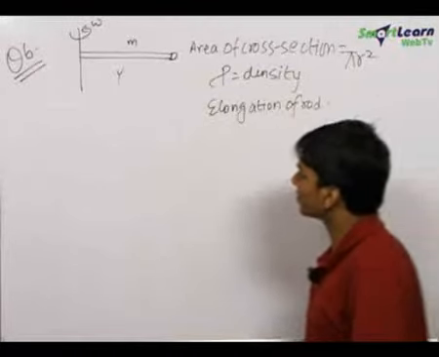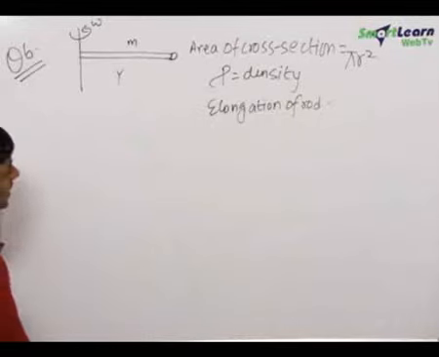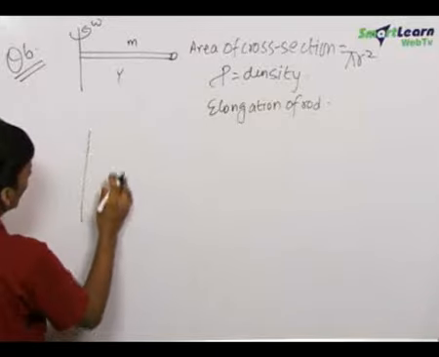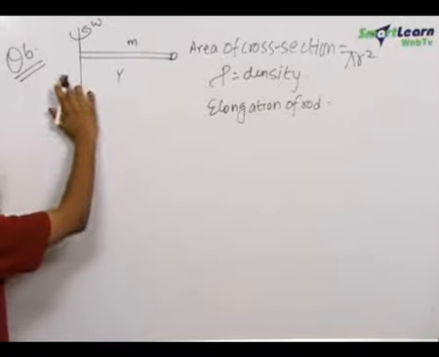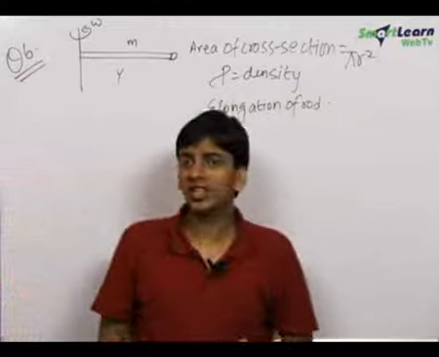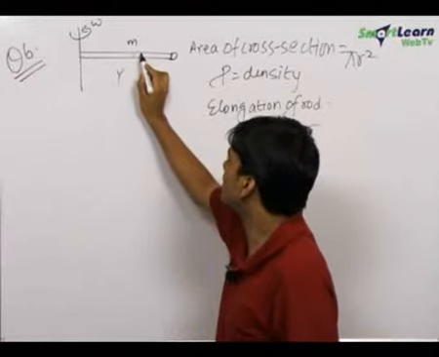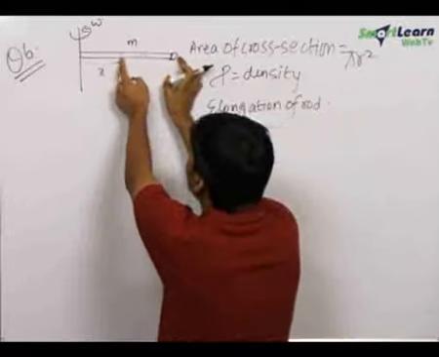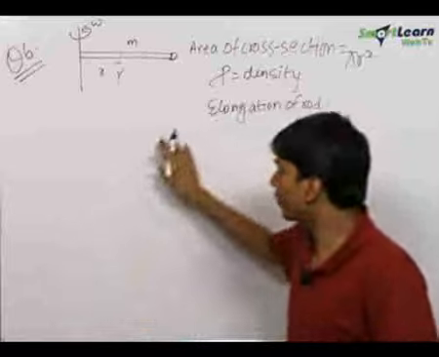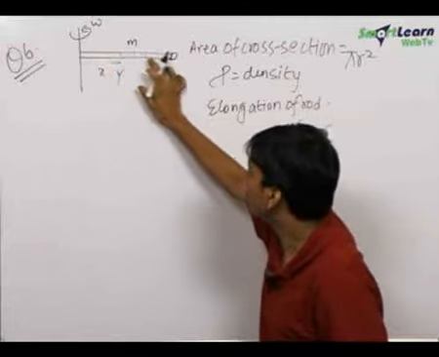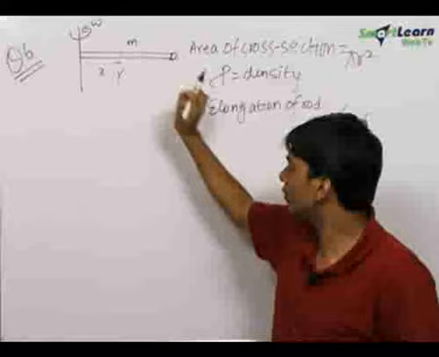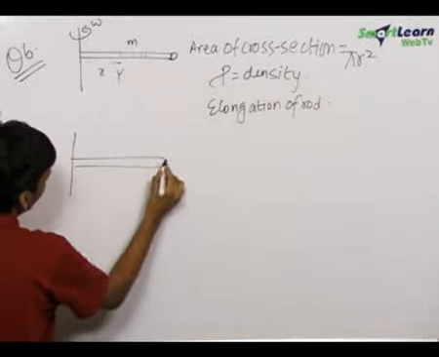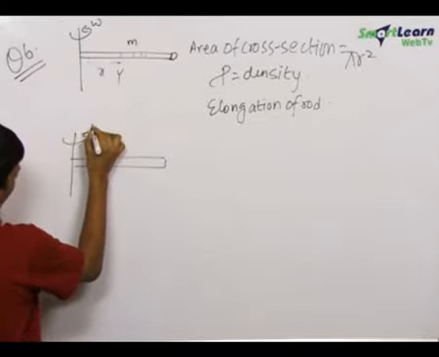Now in this question, let us first find out the stress in the rod to find out the elongation. For finding out that, we must first analyze that the stress throughout the rod is not constant, because we will need different tension forces at different distances x so as to support the circular motion of rods of different lengths. Therefore, we know that the tension is not the same throughout the length of the rod. Therefore, we need to first find out the tension in the rod as a function of x